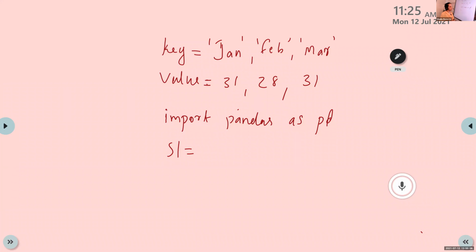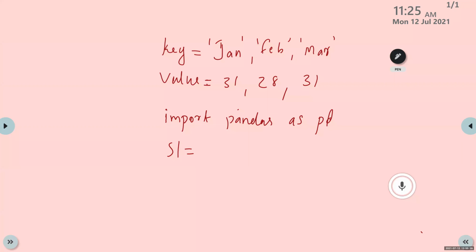Irfan, switch on the video and read the next statement. Import pandas as pd.